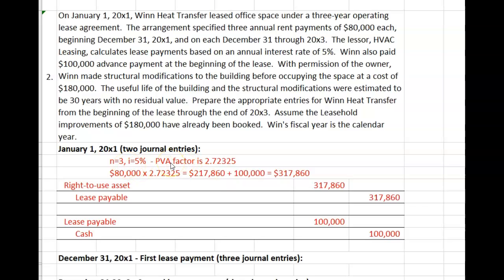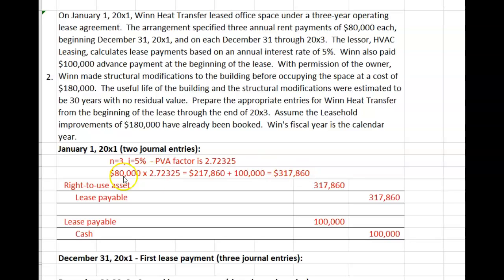Looking at the present value table, present value of an ordinary annuity, where N equals 3 and I equals 5, you will see a factor of 2.72325. Multiply the $80,000 times that factor to calculate the present value of the 3 $80,000 payments. Add the $100,000 to calculate, as I said,